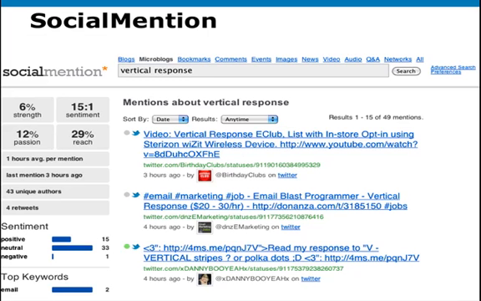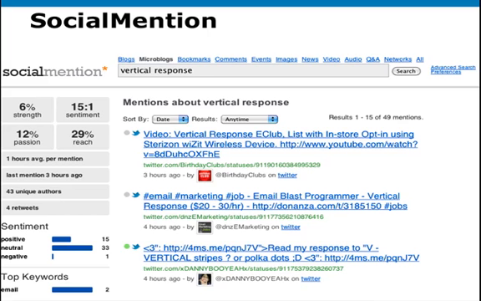When it comes to listening, Social Mention is a great free tool that's out there. You can set up alerts based on your brand name, and it's going to crawl blogs, Twitter, bookmarking sites, comments on different blogs. It's going to crawl across the web, very similar to how Google Alerts works, but very specific to the social space. And you'll also get some nice metric-related things like sentiment and reach that is attached to that messaging.